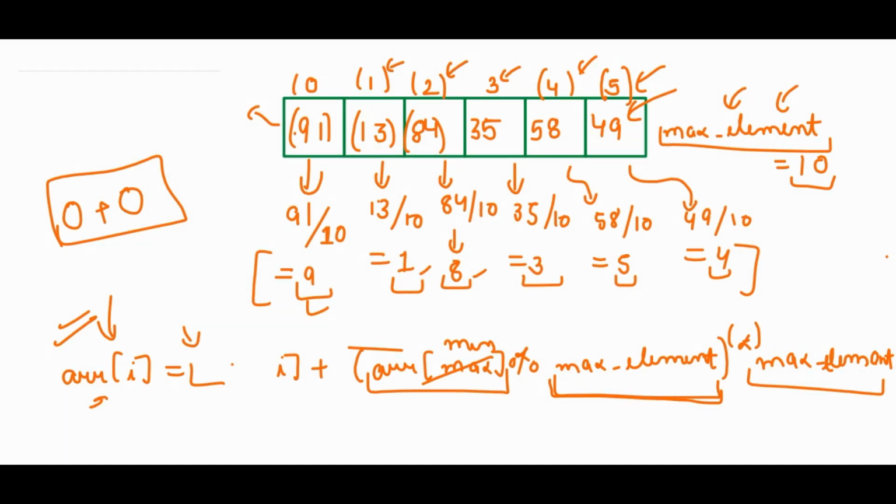Now let's see the time complexity to solve this question. So we have traversed this array twice. First to update the values in the array, then to get the actual answer when we divide it by n, right? So for the first time, time complexity will be big O of n, and for the second time as well, time complexity will be big O of n. So total time complexity will be big O of n only. And the space complexity will be big O of 1 because we are not using any extra space.